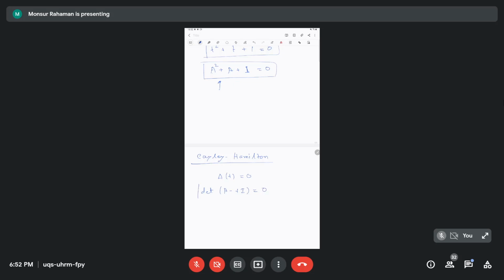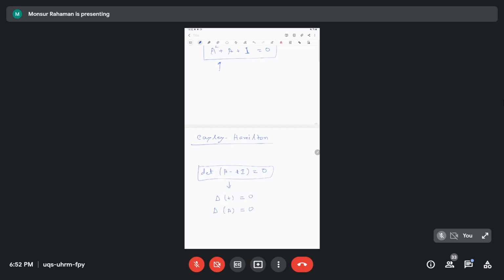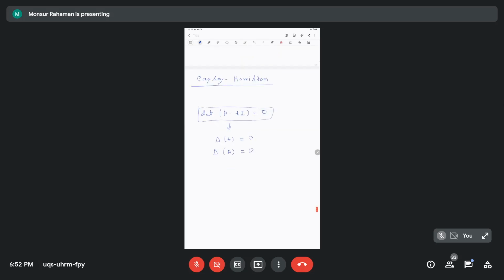This is the characteristic polynomial. Set it to t, and say lambda t equals 0. That polynomial also follows that matrix. For example, in the previous example 2 1 0 2, its characteristic polynomial was (2 minus t) square equals 0.